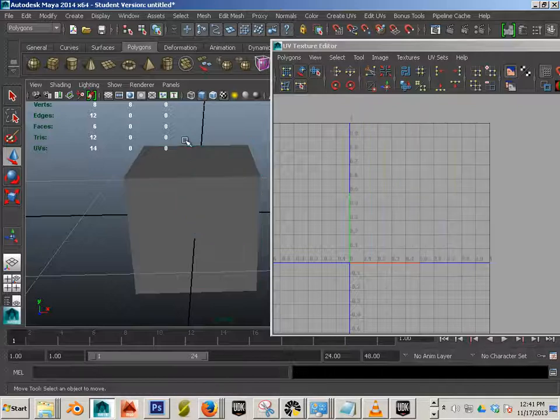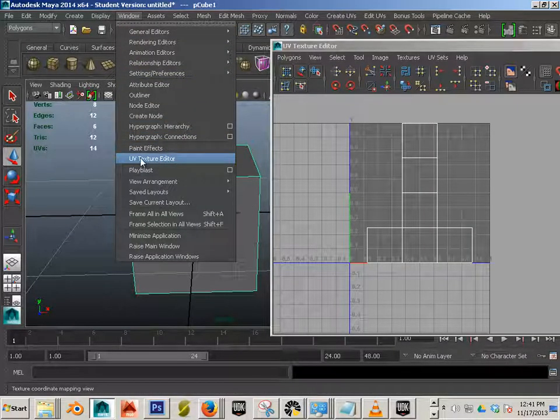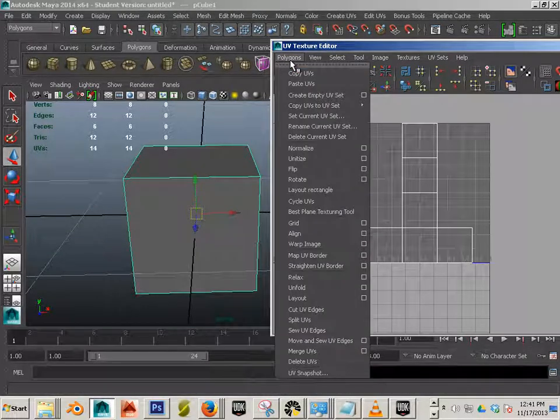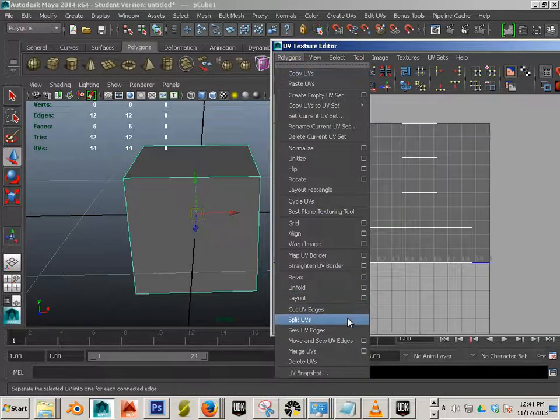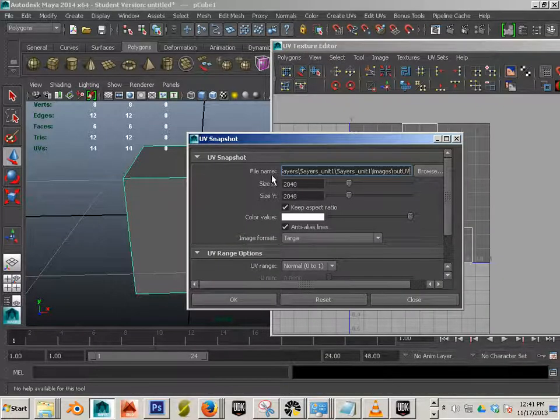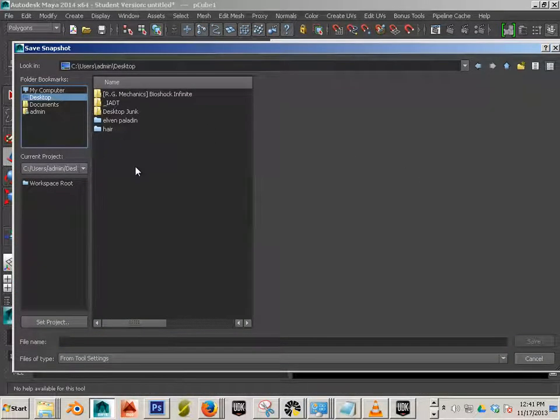Okay, to do that we click on the three-dimensional shape. Make sure its UV texture editor is opened, and if it is done correctly you should see the UVs over here. I should be able to go to Window, go to UV Snapshot and pick a spot on the face of this Earth to put this at. So Browse, Desktop, and I will call this